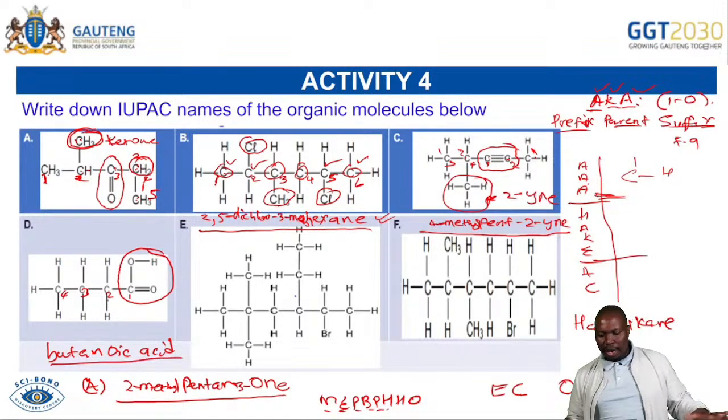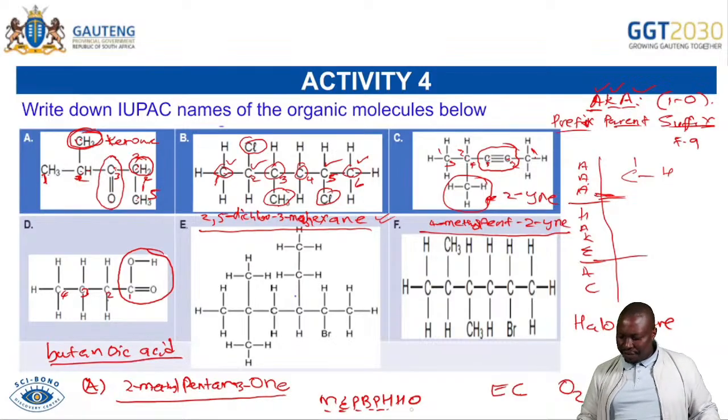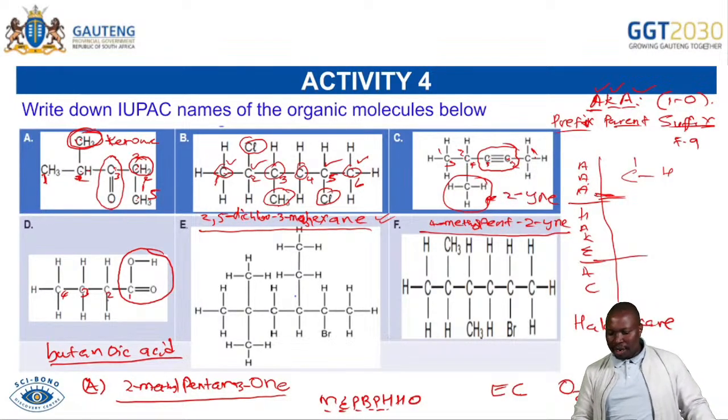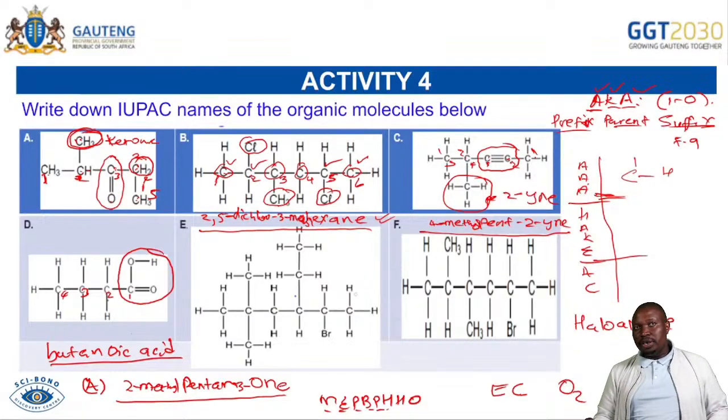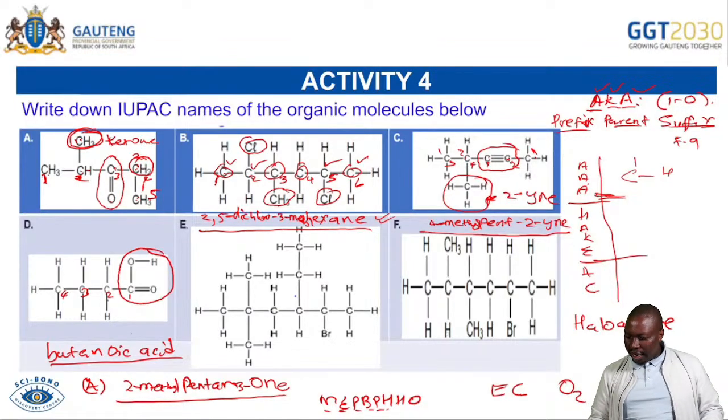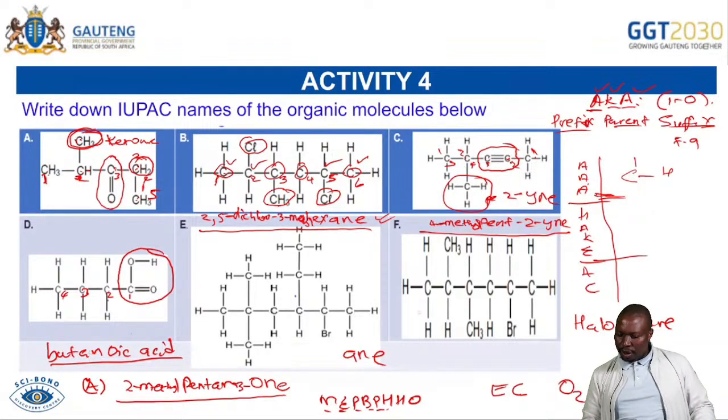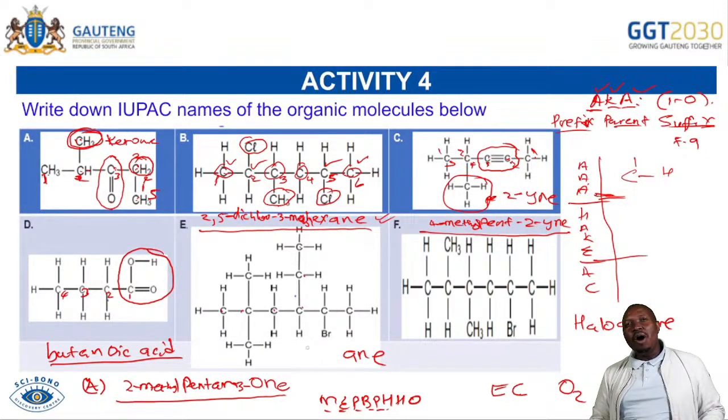You are doing very well. Now the last 2, then we are out of here. How many carbons, the same thing. You are saying, oh, we have no carbon-carbon double bond. We have no carbon-carbon triple bond. We have no other functional group except for our substituents. So you are able to say this is an ane. How many carbons in the longest carbon chain? You can't say 1, 2, 3, 4, 5, 6 and leave the bromo out.